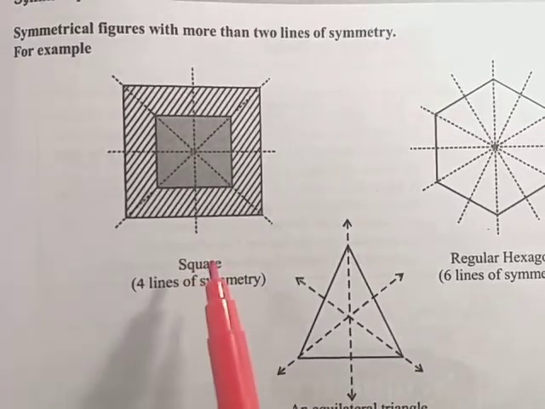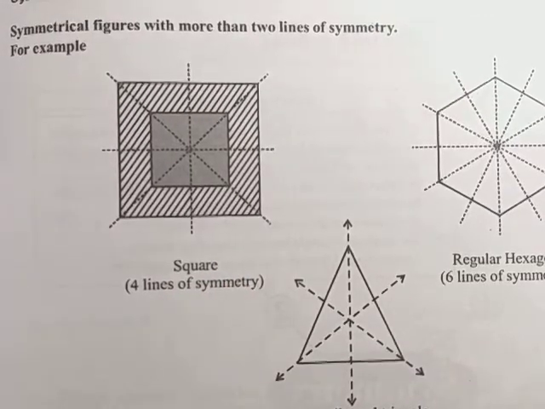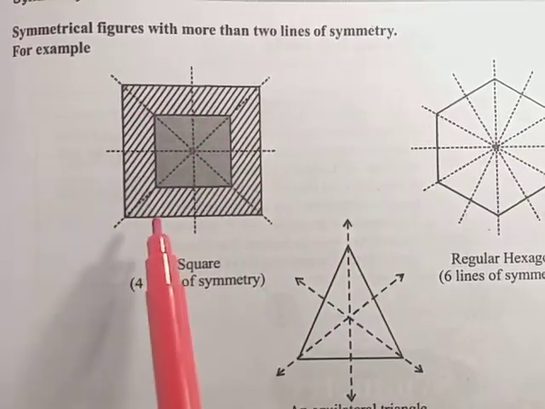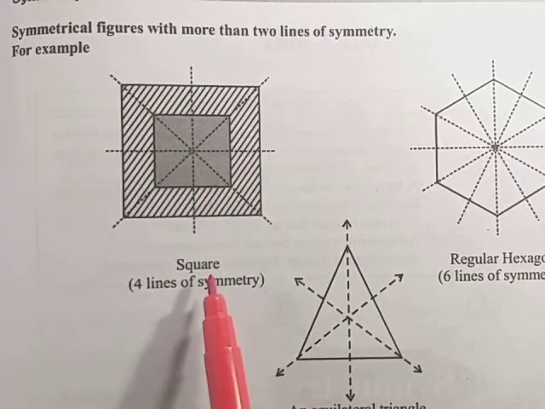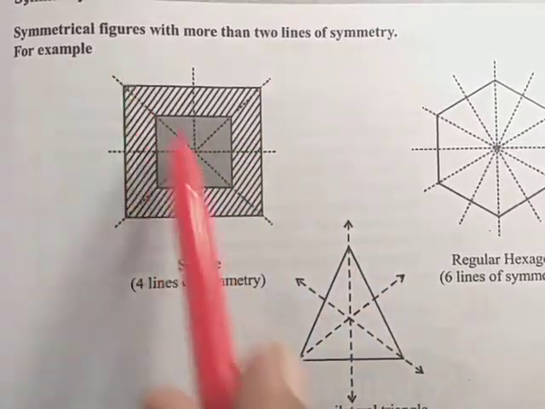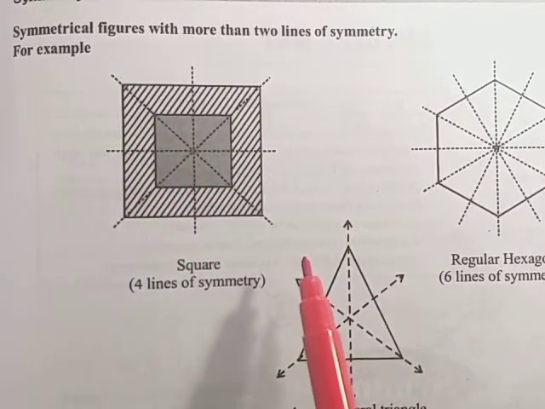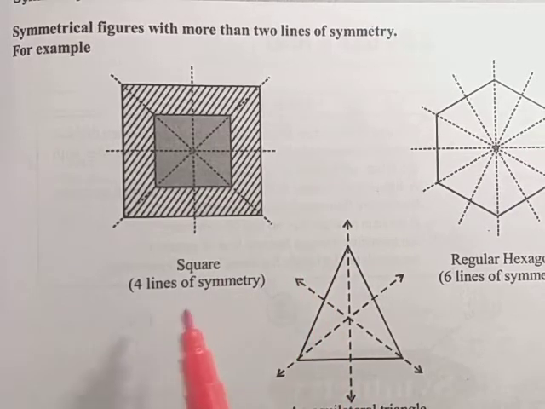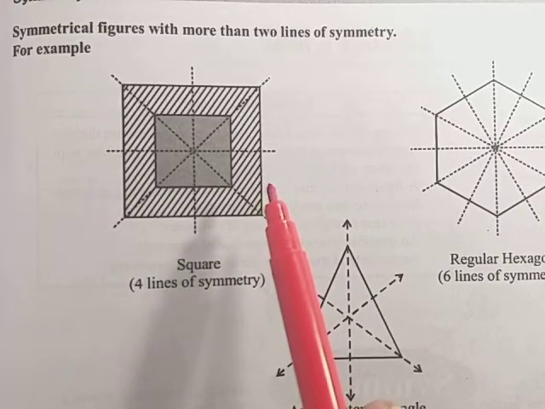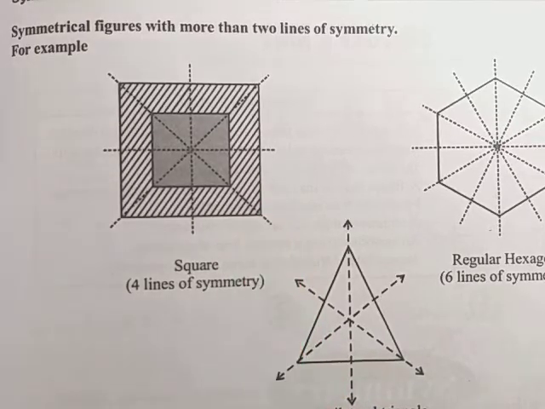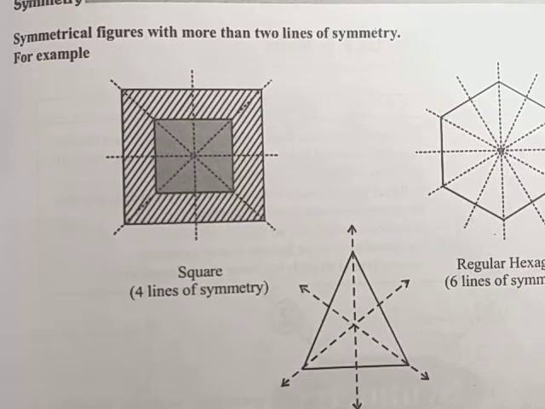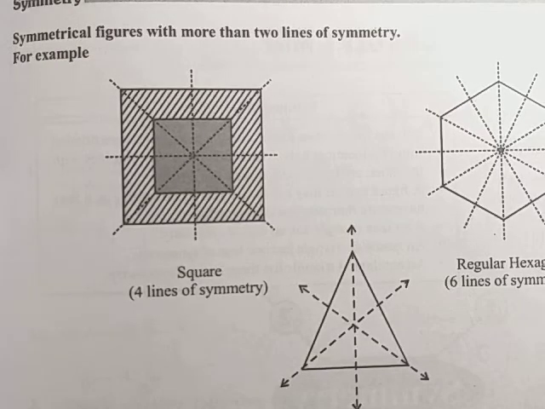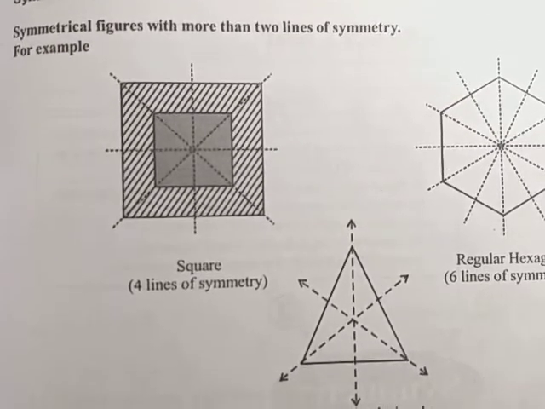Here's a square. There's a square. There is one line, two lines, three lines, and a fourth line. These are called four lines of symmetry. That is, basically, symmetry is nothing but when you fold a shape